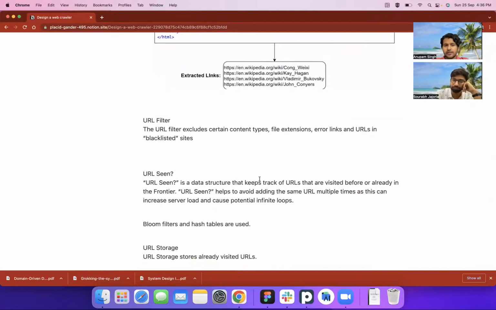Content storage. URL filter is basically, even if you download, you get a seed URL. Okay, you get the next set of routes. You append that with the main URL, but there will always be some blacklisted URLs and all that. All that will be there, and some of the things that the entire website doesn't want to expose. Example,